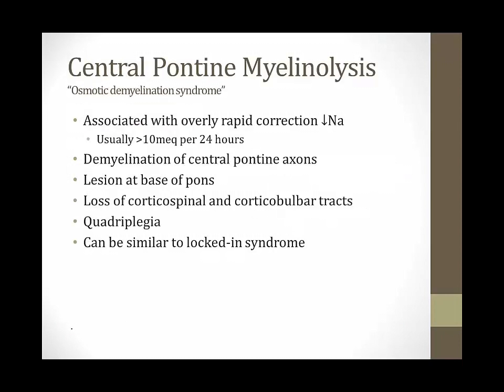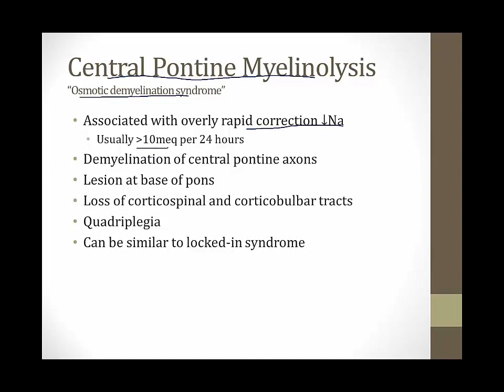When you are treating a patient with hyponatremia, you have to be very cautious in raising the serum sodium level because you can cause permanent brain damage and even death. Raising the serum sodium level too quickly can lead to central pontine myelinolysis, which is also called the osmotic demyelination syndrome. This is associated with overly rapid correction of hyponatremia, usually raising the serum sodium more than 10 milliequivalents per